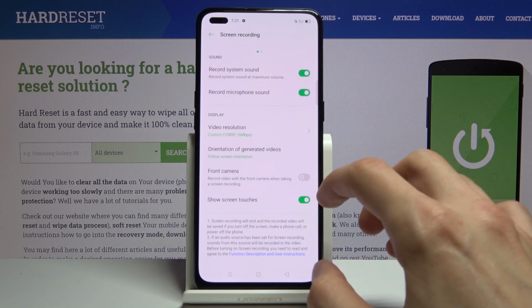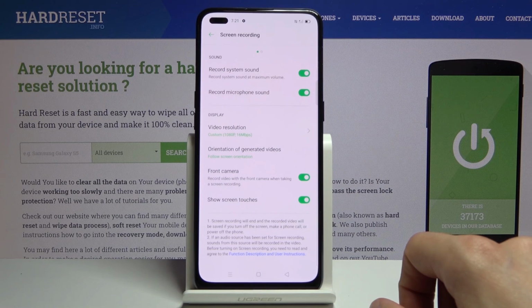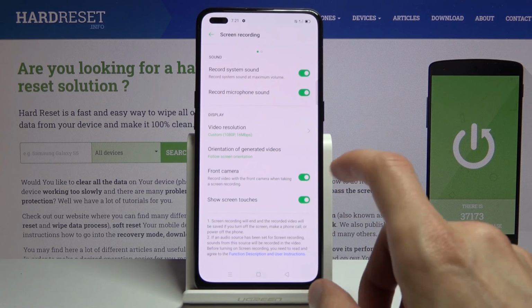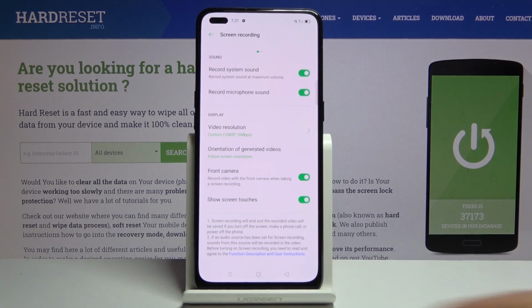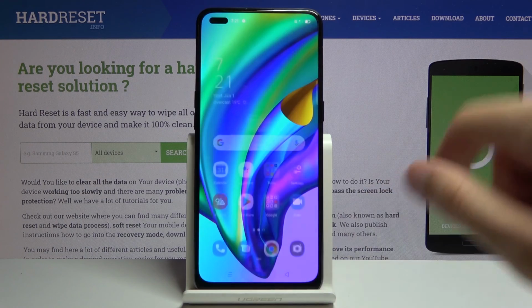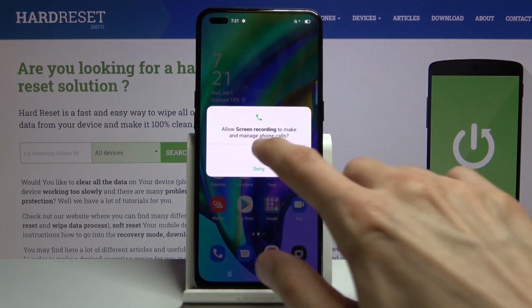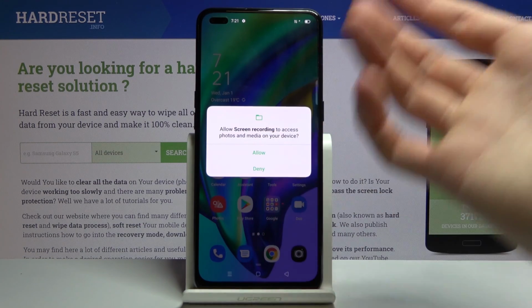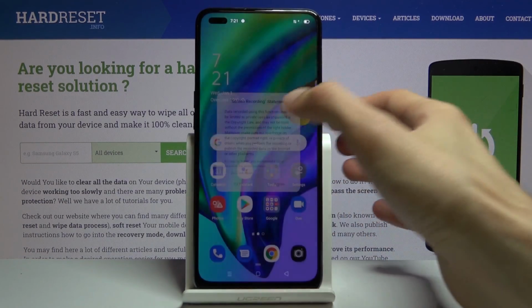Then we have front camera. This will allow you to add just a selfie cam to the recording. I'll enable it just to show it off. And then touch screen, or show inputs. Basically, wherever you touch the display, it will be recorded as a semi-transparent dot. Once you're done with the setup of the settings, we can now go and actually tap on it to start recording. Now let's allow anything that it asks, because it will primarily need access to all of this. And let's just agree,